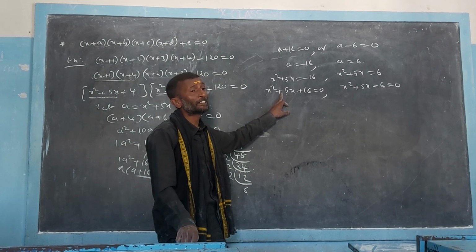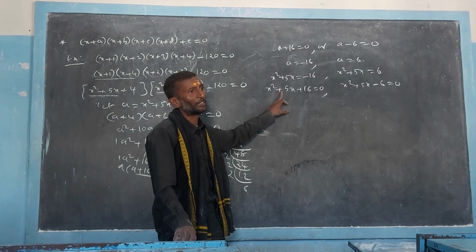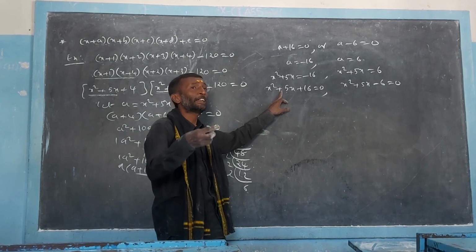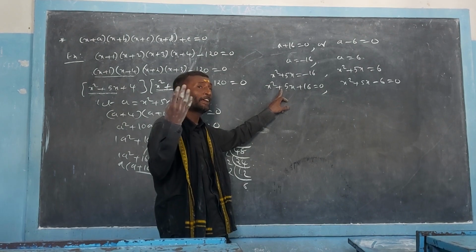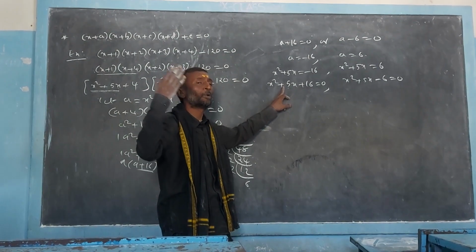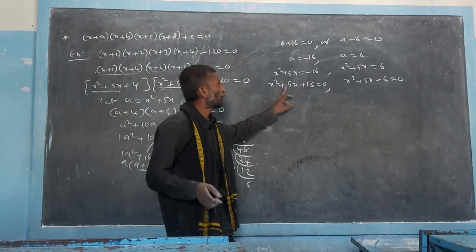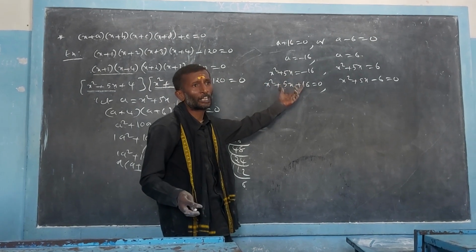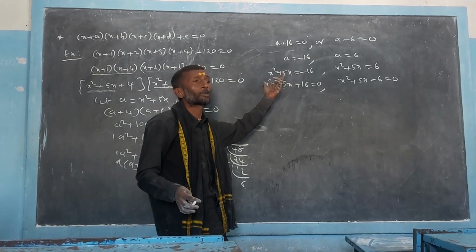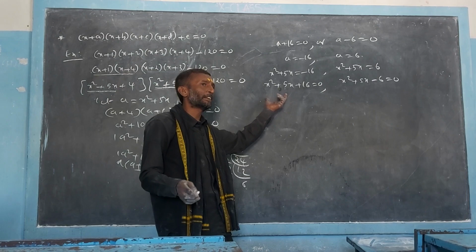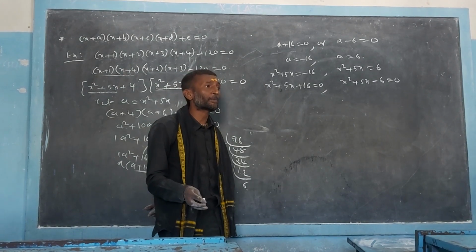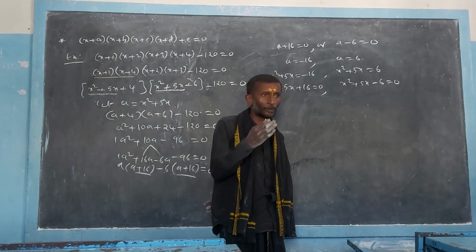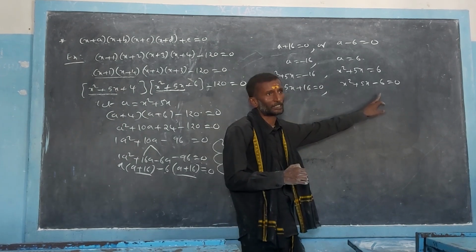That depends upon its discriminant value, b square minus 4ac. So the roots may be real and different, the roots may be equal and real, or there may be no real roots also. We don't know what type of roots will come. So it is better to go to the quadratic equation roots formula, x equals minus b plus or minus root of b square minus 4ac, by 2a, to find the roots of both equations.